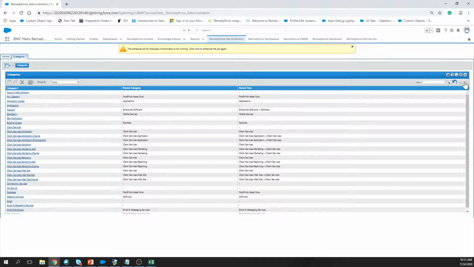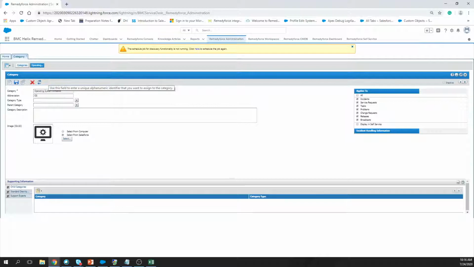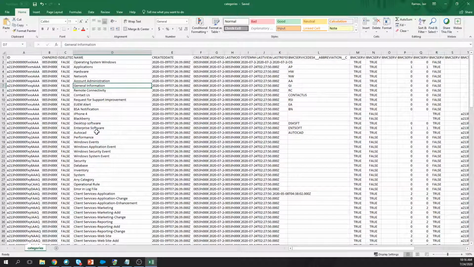And as you can see, this is the one that was updated, operating system Windows. So it changed from Linux to Windows. You can also modify any other category that you want, any other value that you see here. You can modify it and do the update, and Data Loader will change that on Salesforce. So that's how you can update a record